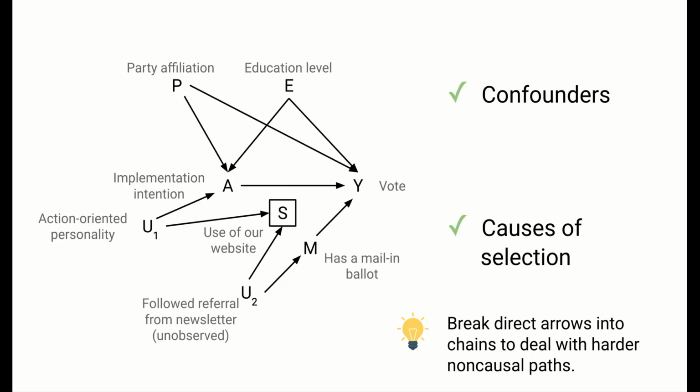So this was a hypothetical example, but hopefully it illustrated the key parts of the thought process of asking a clear causal question and building causal graphs suited to answer that question. Once we have the treatment and outcome on the graph, we should think about the confounders of the treatment and outcome and about causes of selection that might open up non-causal paths due to selection bias. If any non-causal paths remain unblockable, we can try to block them by breaking arrows down into chains with measurable variables.